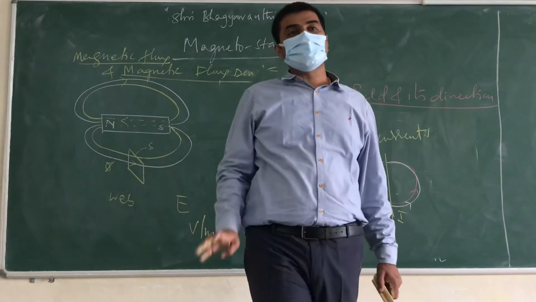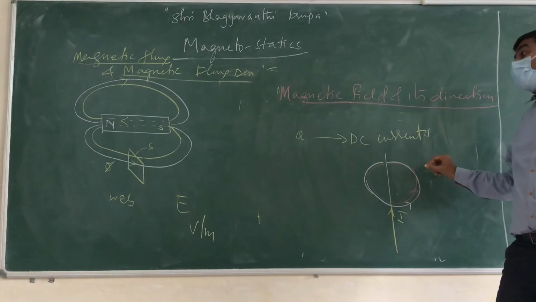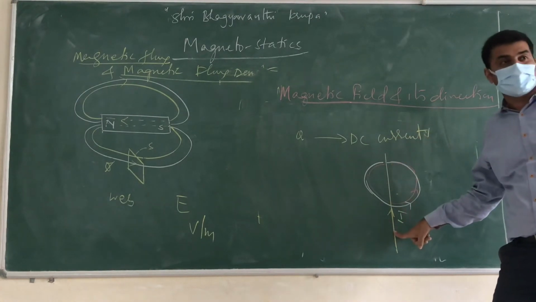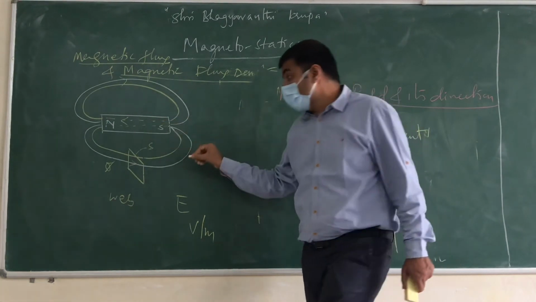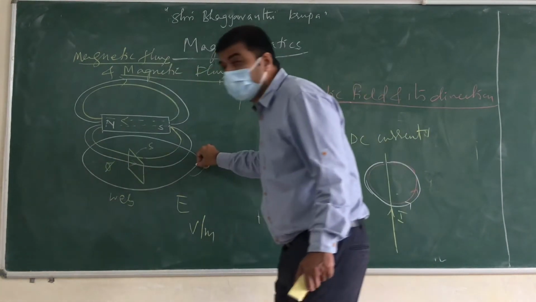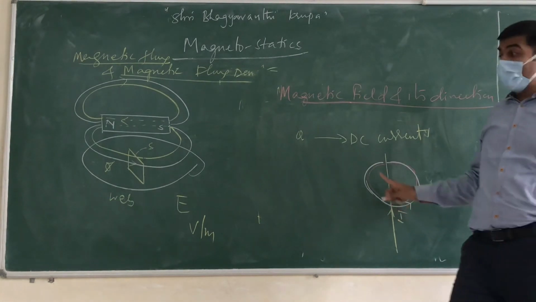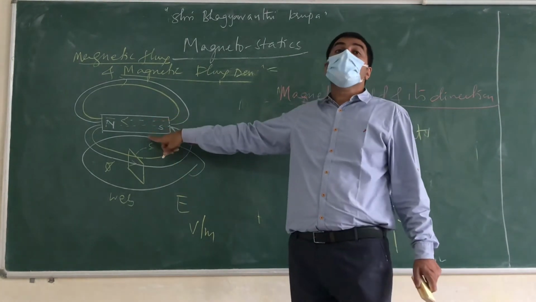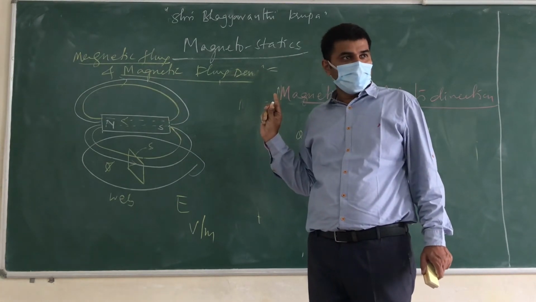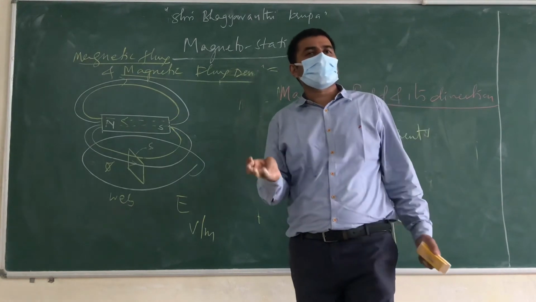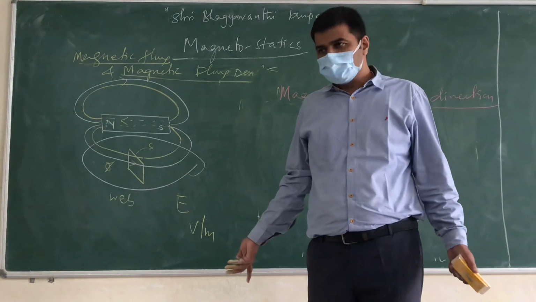Then, with the base, see, this is the field created by flow of current. This field is created by a permanent magnet. Whatever magnetic field we got now is due to the flow of current, and this magnetic field we got is due to the permanent magnet. Yes or no? And the definitions of electric field intensity, electric flux density or magnetic flux lines remain the same.